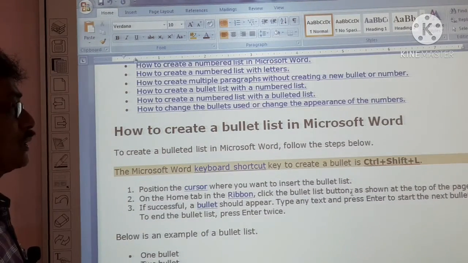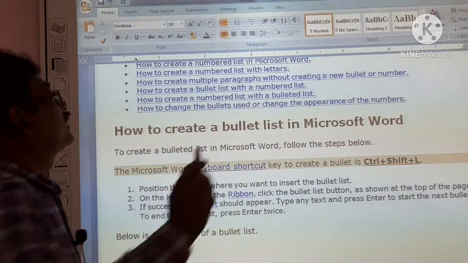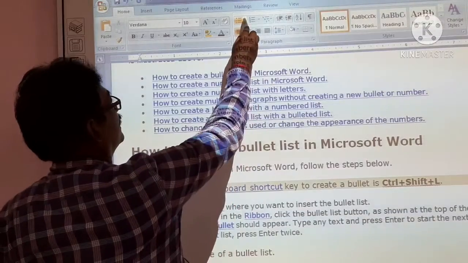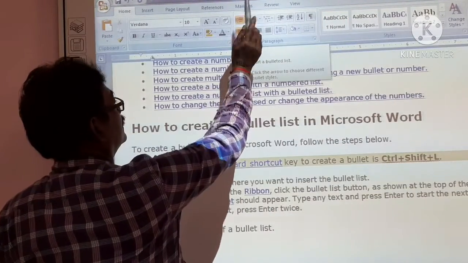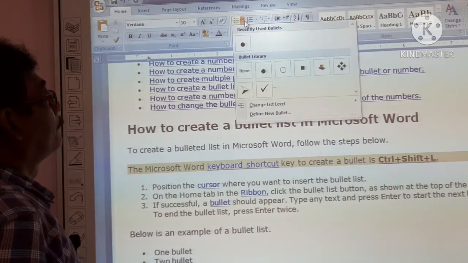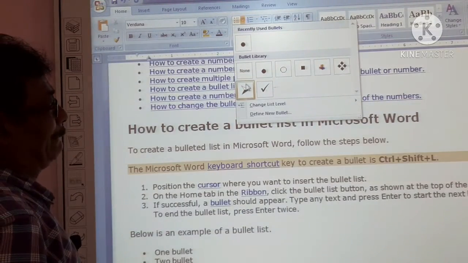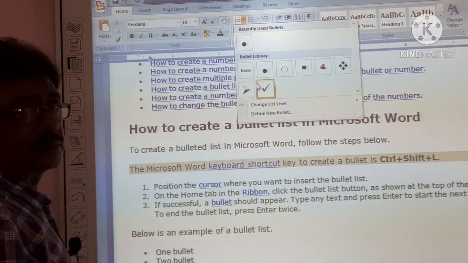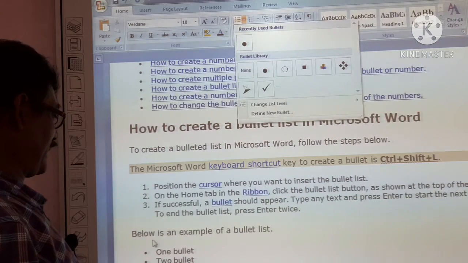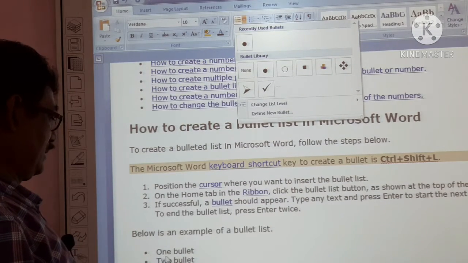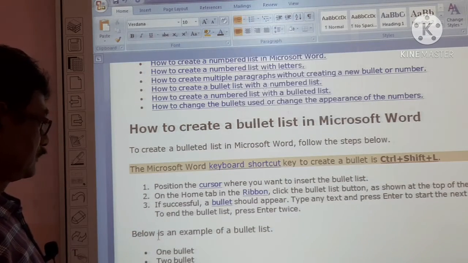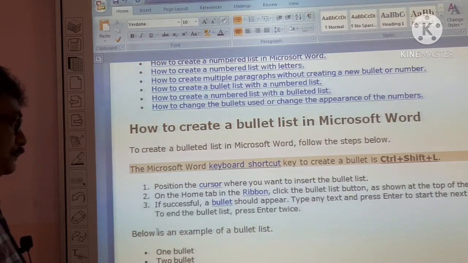See the example. Different types of bullets will be available. You have to choose any one. Now last, see this example. After choosing, the bullet will appear. I think you understand better.